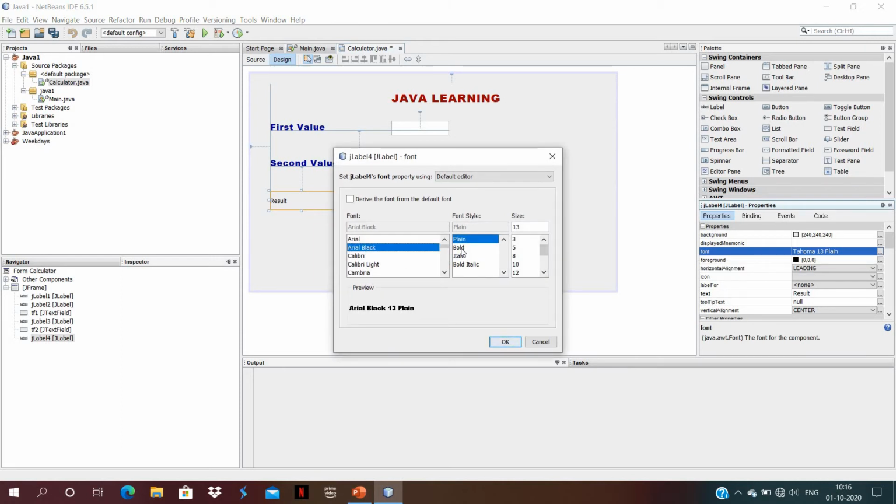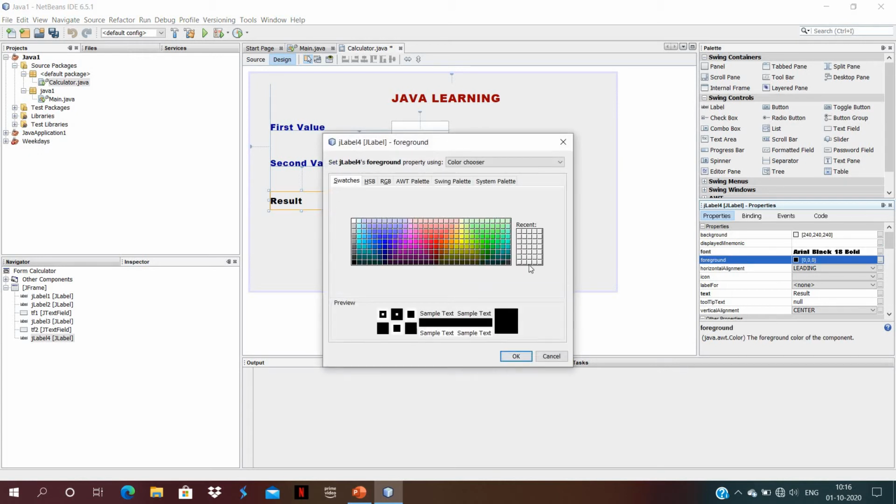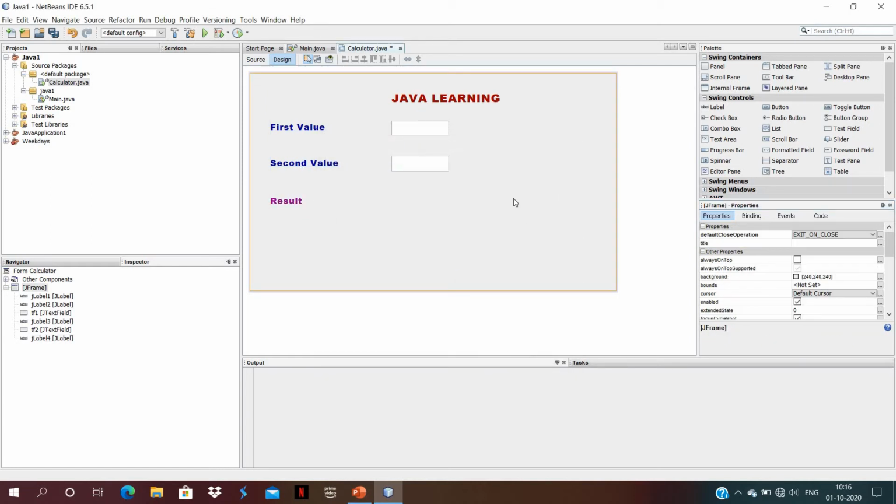Change the font style and change the background color and then OK. After that, you change the color of your text. I need this color and then OK button. Okay, so where it will show the output, so we need text field for that.